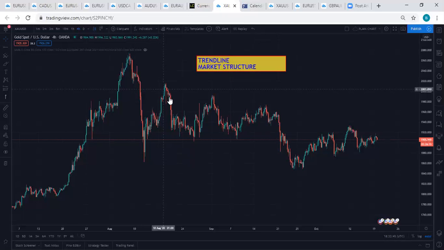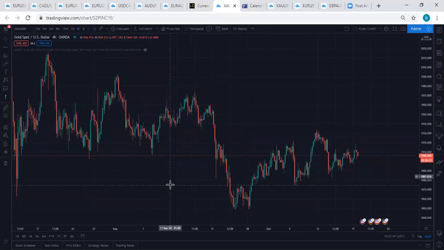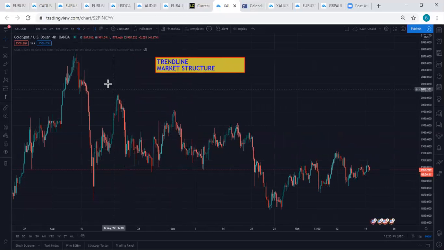So now, how do we draw a trend line? This is my 4-hour chart. Like I told you, the minimum time frame we do our analysis is 4 hours. After trend line and market structure, I'm going to be teaching you time frame for analysis, what we call top-down analysis. We're going to be doing that. You see that we have a lot of things, but you should be excited because I'm taking it gradually and your foundation is becoming thicker and thicker. If you follow me, you'll be a beast of a trader.